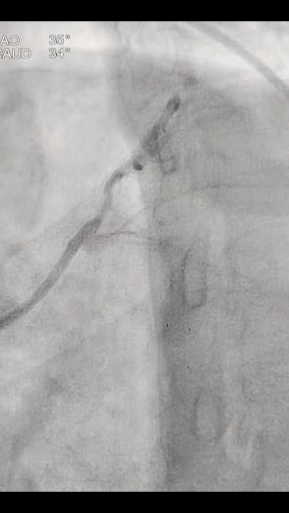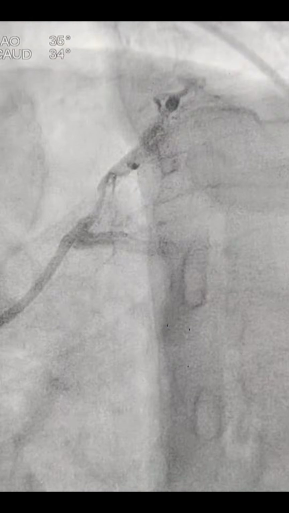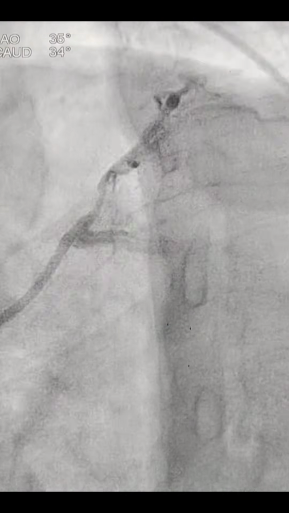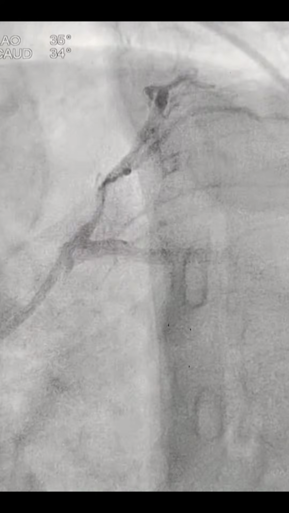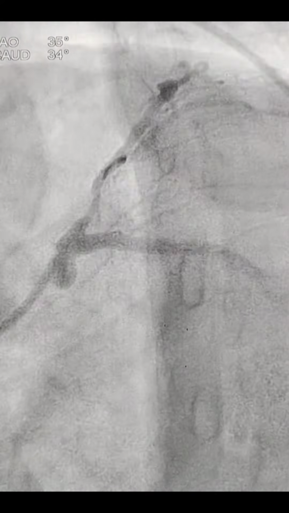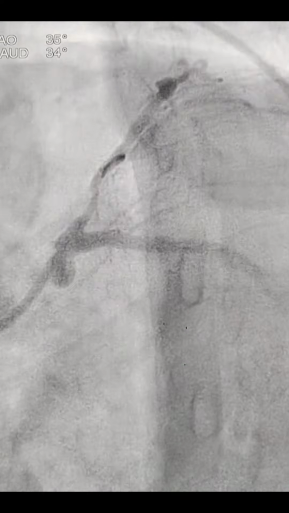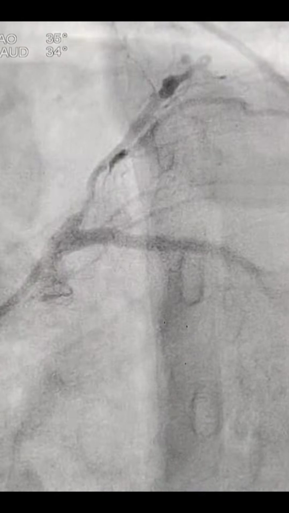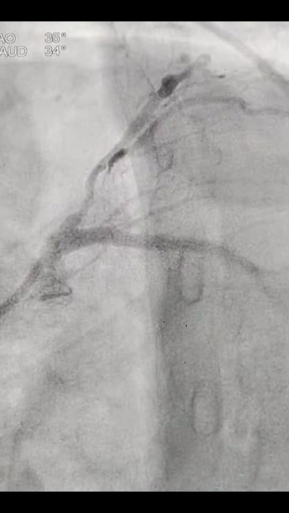So we changed the route. This is a right femoral route. So we decided to do the angioplasty for this patient right from the ostium LAD. So there are basically two techniques. One is the crossover technique, in which you can put the stent right from LM to LAD, and the second is